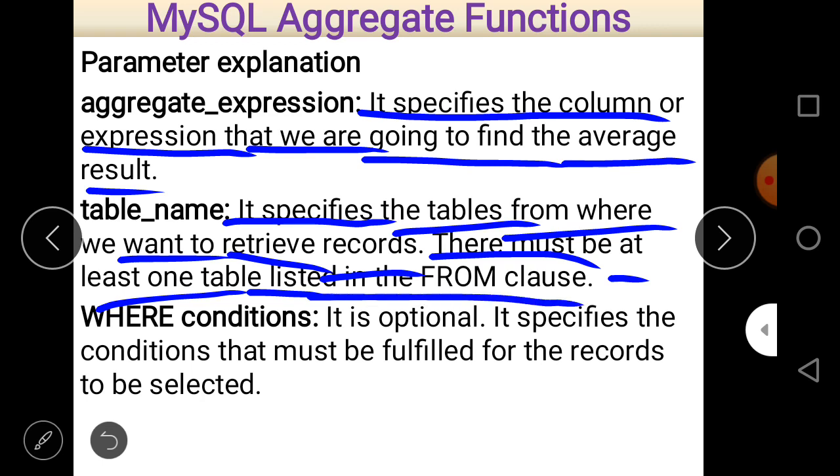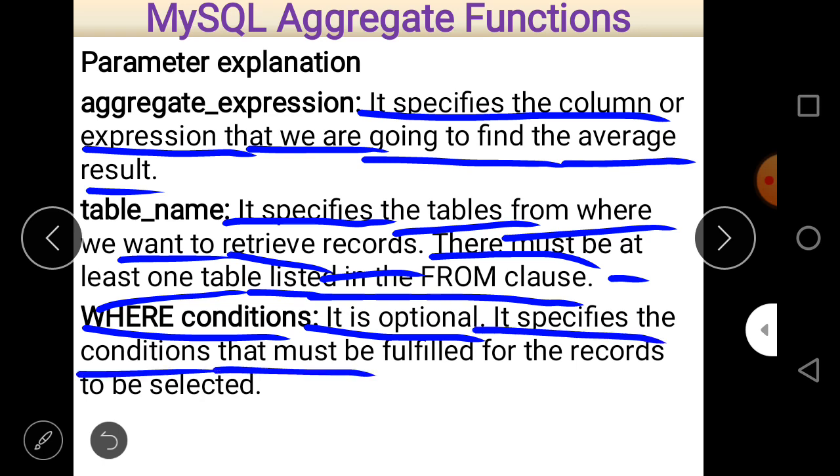As I told you, there must be at least one table. You can calculate the average of different values which belong to different columns, which belong to different tables. And at last the where condition is optional. As I told you, it specifies the conditions that must be fulfilled for the records to be selected.